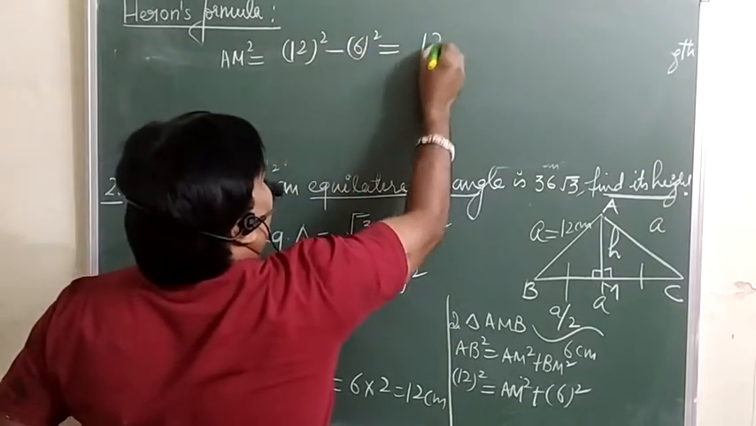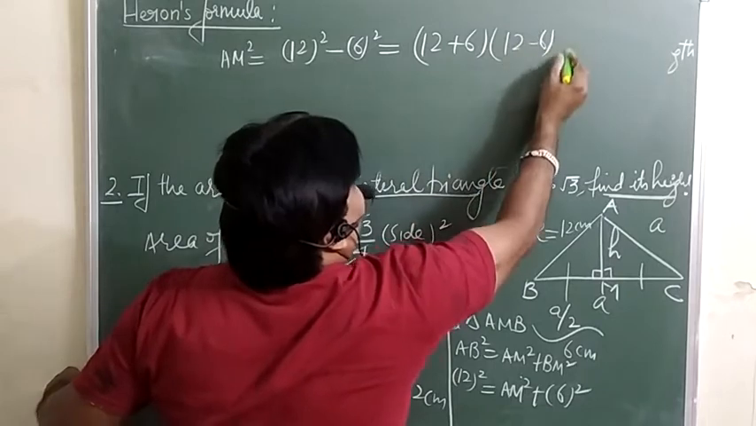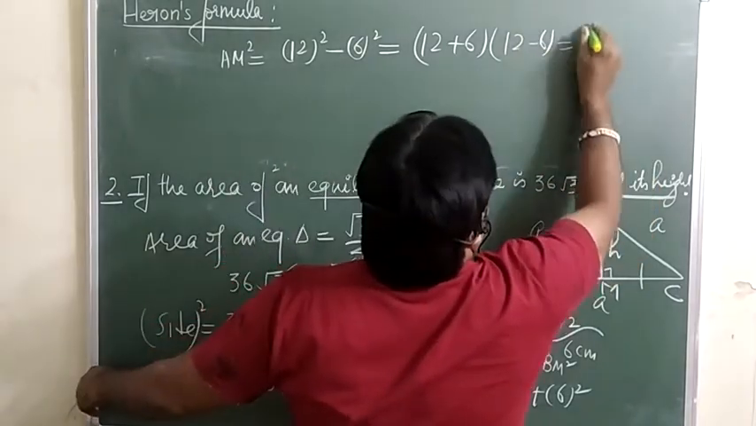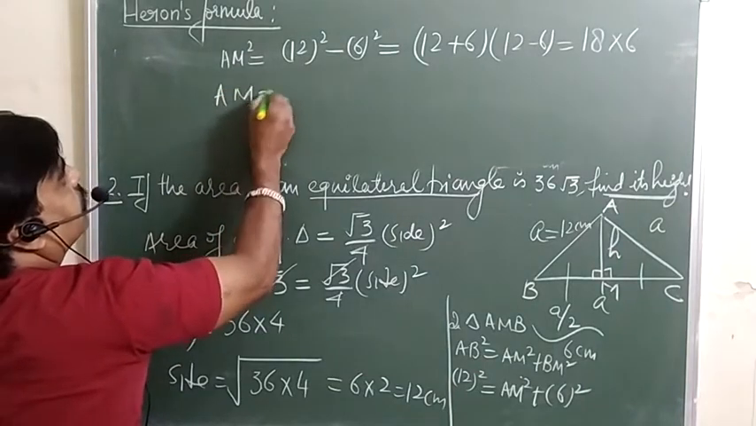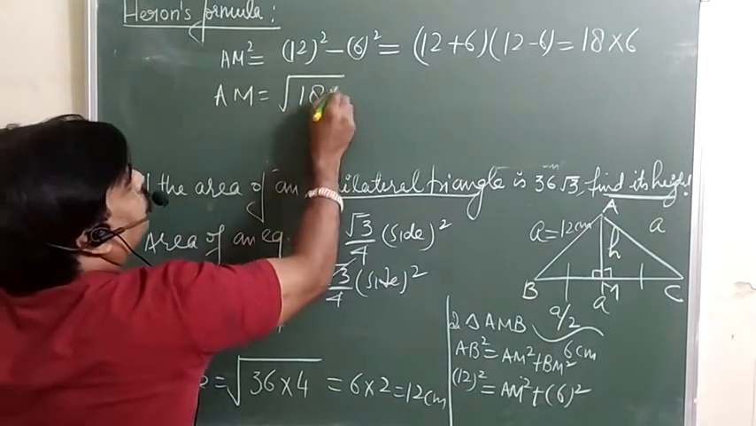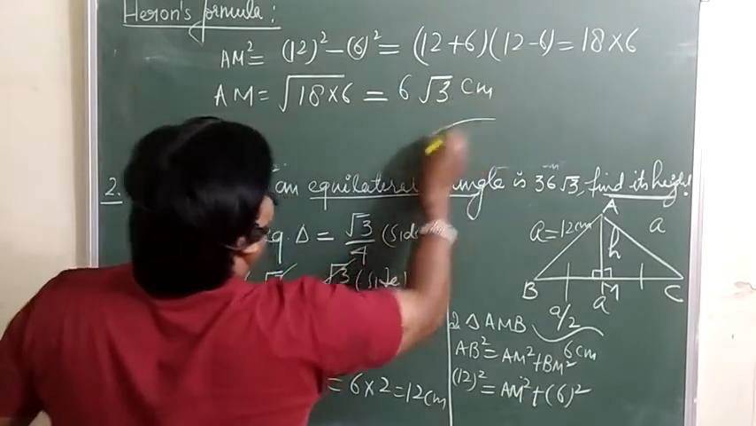And this can be written as, for my own convenience I am doing 12 plus 6, a plus b and a minus b I am doing. So this is equal to 18 into 6. So AM will be equal to what? Under root 18 into 6. You will take the square root of this one. So 6 root 3 centimeter. So that is your